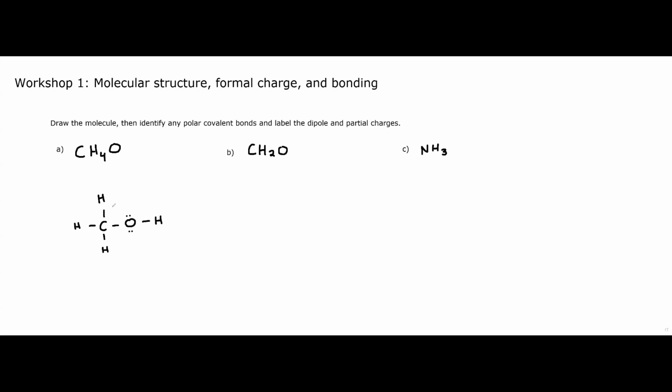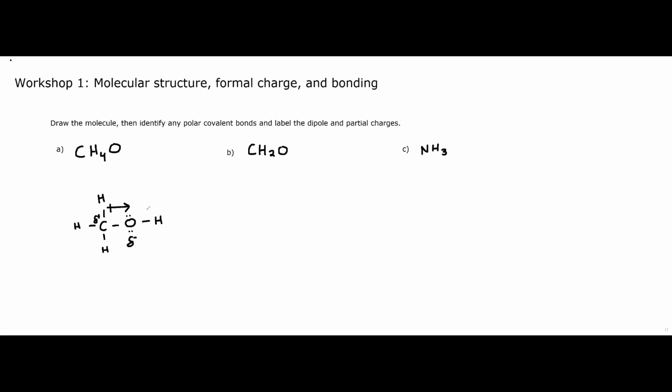Remember, oxygen is more electronegative than carbon, so there will be induction pulling electrons towards oxygen. So there's the induction arrow, the dipole, pulling towards oxygen, which gives carbon a partial positive and